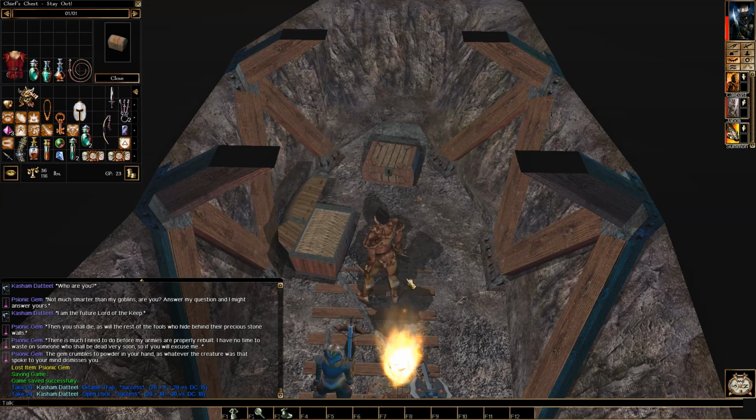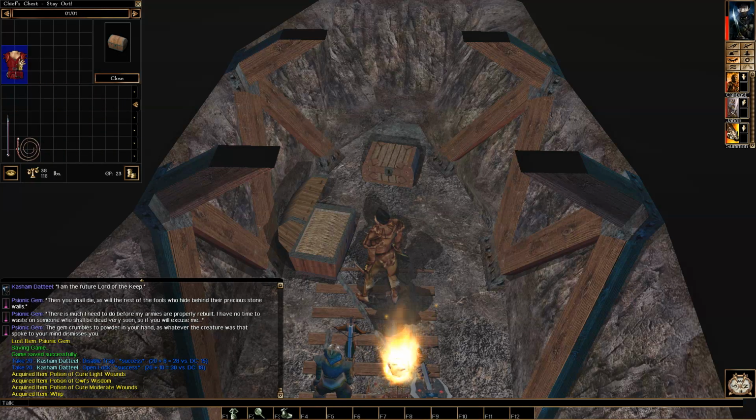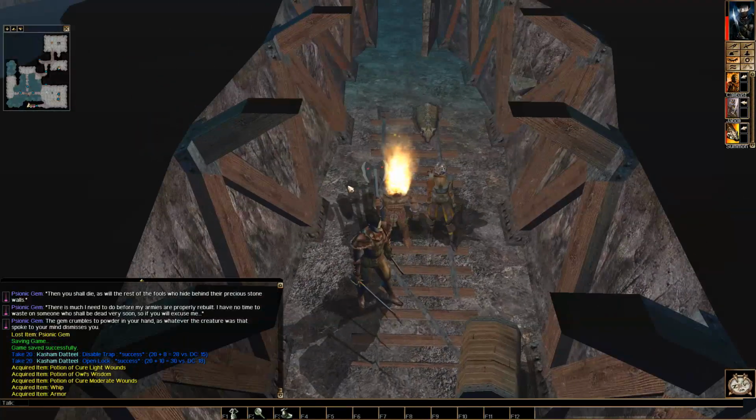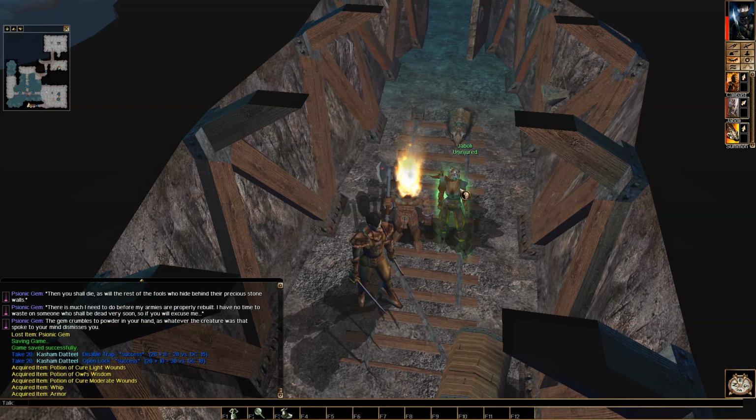Oh yes, we have a good armor, a good whip. Really useless. I mean, a whip is a finesse weapon, so 1d2. Disarm feat for free. And it's just 1d2, but it's better for us to...